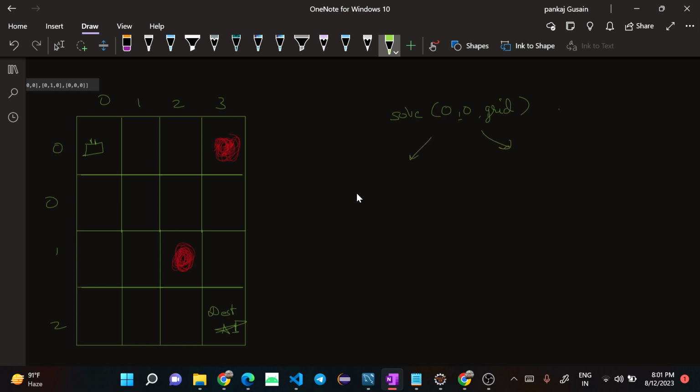Okay, so when you move down, these indices are wrong, it should be 1, 2, 3. When you move down from here, it will be solve 1 comma 0 comma grid, and when you move right, it will be solve 0 comma 1 comma grid. And again from here you have two choices, either you can move right or move down. So if I try to move right and down from this cell,